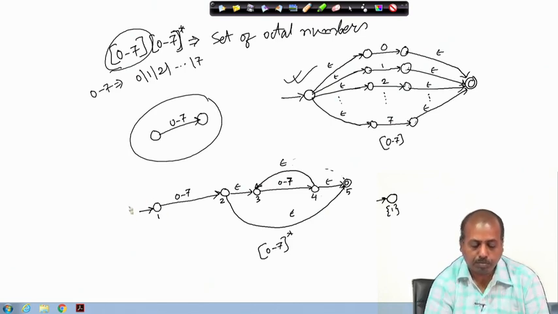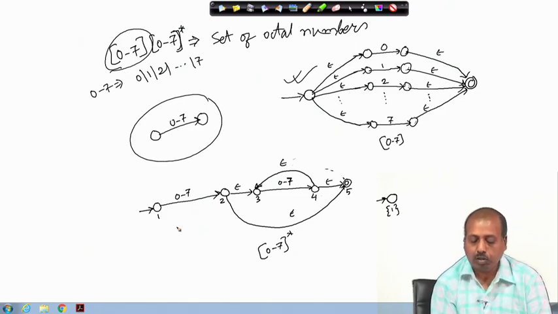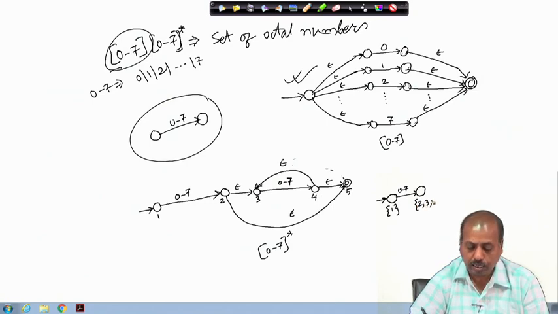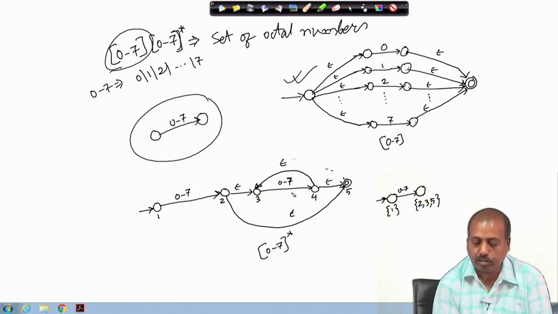Then from 1 on 0 to 7 you can go to state 2, and from state 2 on epsilon transition we can go to state 5. So, this way on 0 to 7 it goes to the state which consists of the NFA states 2, 3 and 5. Now, from 3 on epsilon transition on 0 to 7 you go to state number 4,